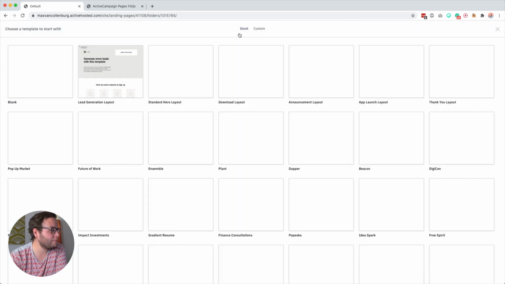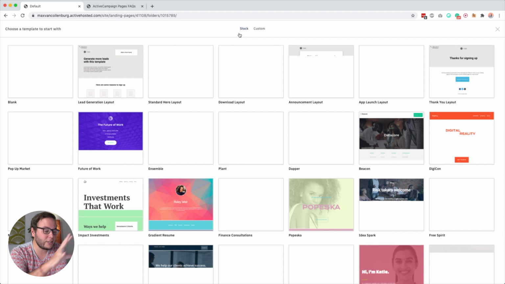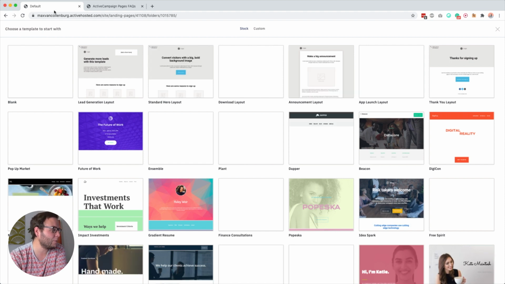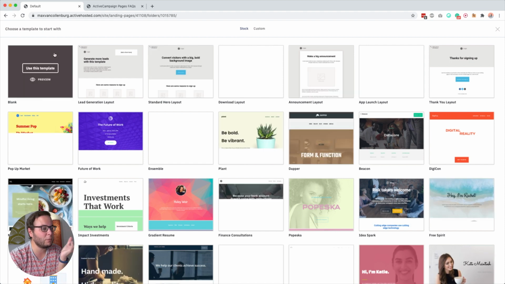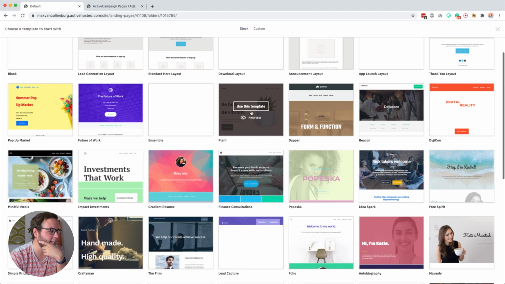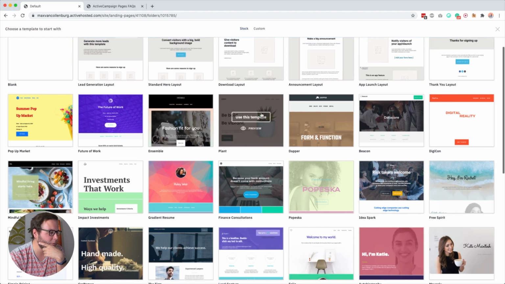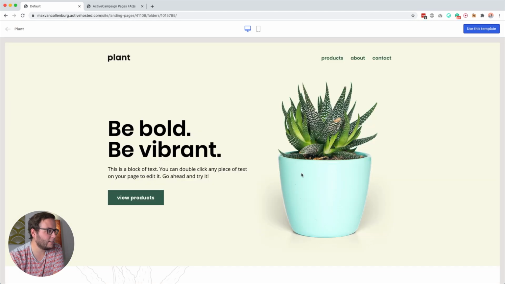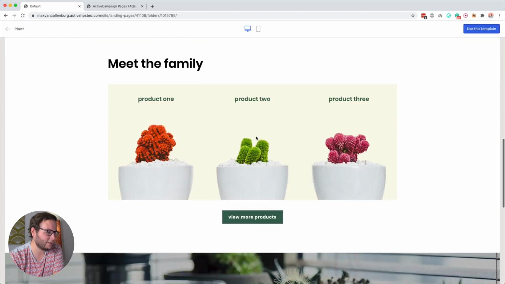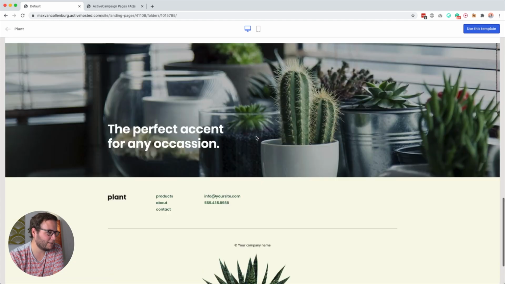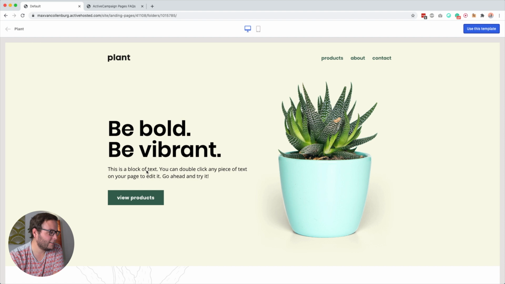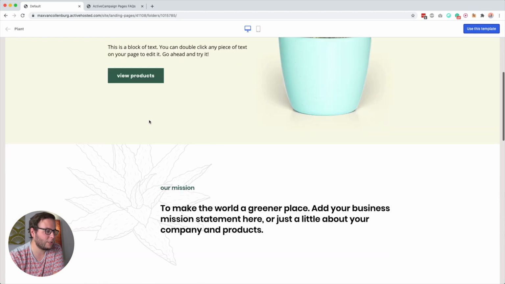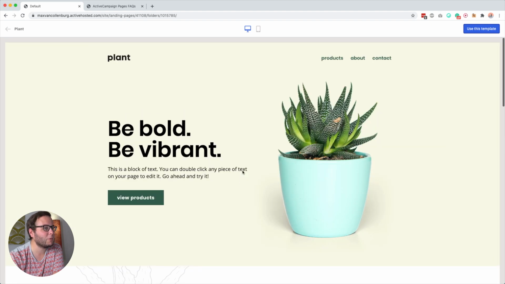See what happens then. You see already that there are lots of different templates. So if you don't want to spend lots of time creating one from scratch, it looks like you can just select these. For example, here I see one that looks like Planned. I'm just going to click preview, and it looks like this. It looks actually quite nice, man. This could be almost a whole website. Nice design. There's no form or something here, so this is really just a landing page: click something and you see more products. And then I see here a button that you can use.